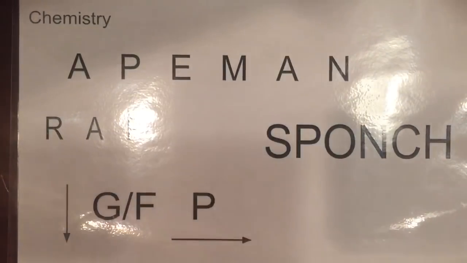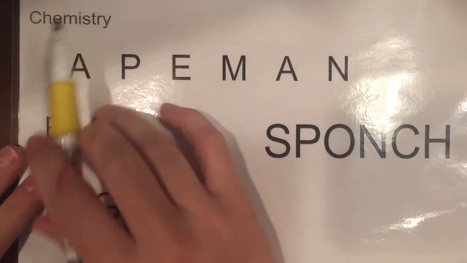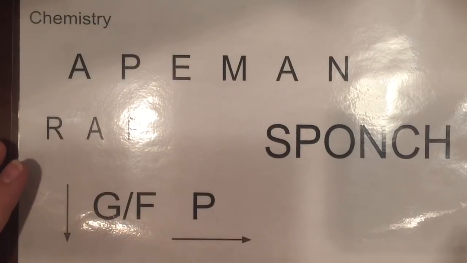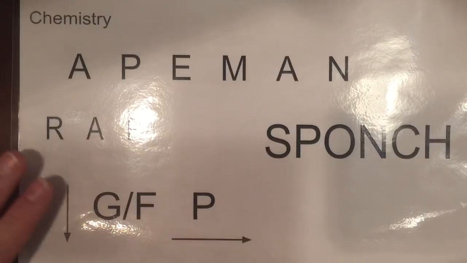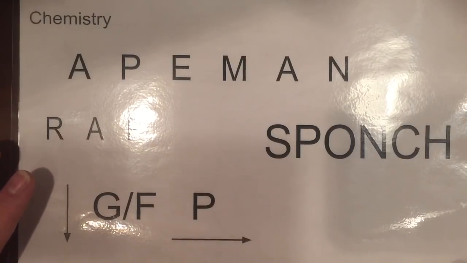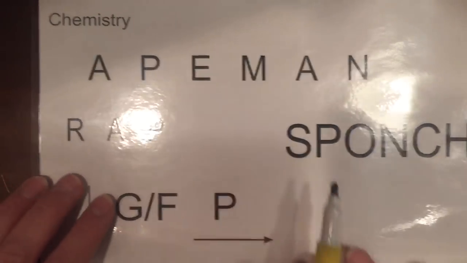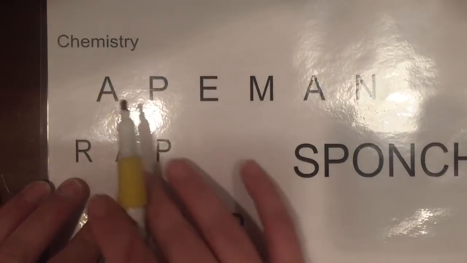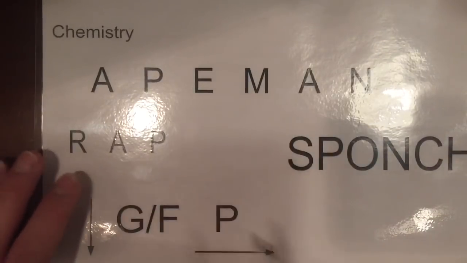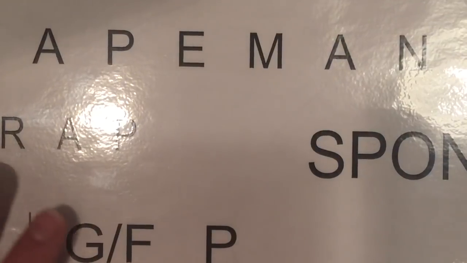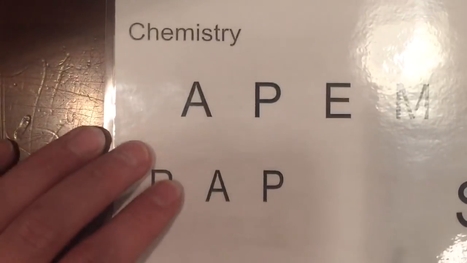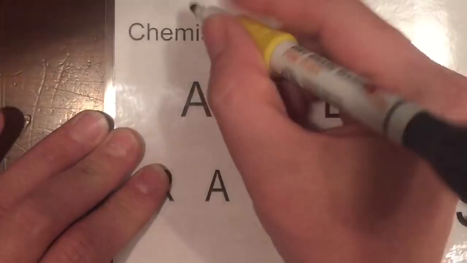Everything we're doing on this sheet today has to do with chemistry. So we're dealing with elements and chemical equations and atoms primarily. So let's go ahead and start out with Ape Man. This acronym, Ape Man, each letter means something. Let's break it down. The A in Ape Man is for